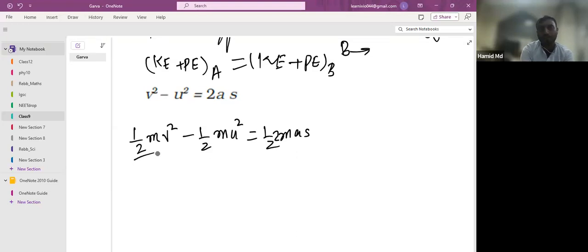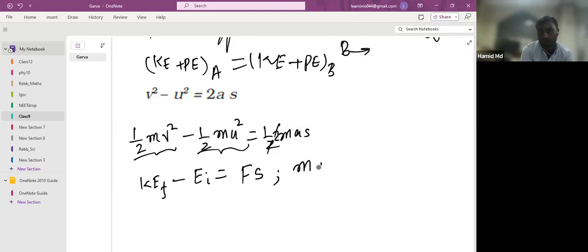This is kinetic energy, half m v square, final kinetic energy, and this is initial kinetic energy, right? This is equal to what? F into s, where m a is force. So the change in kinetic energy